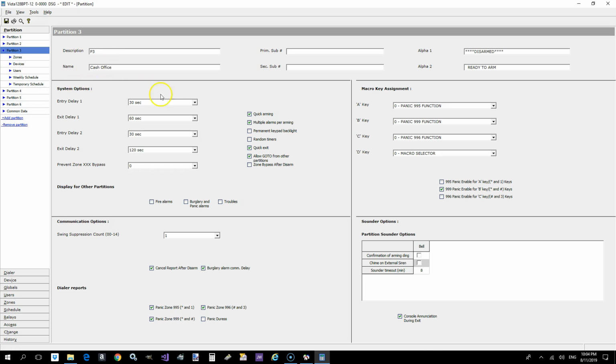I'm typing with one hand because I got the microphone in the other. Okay, so